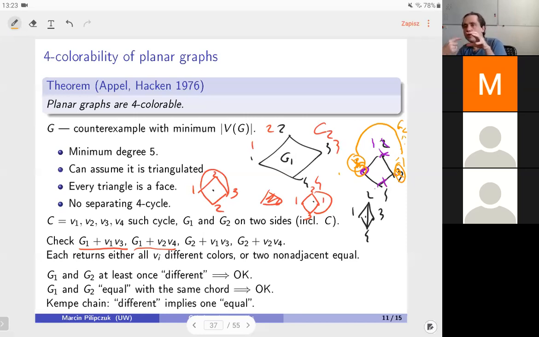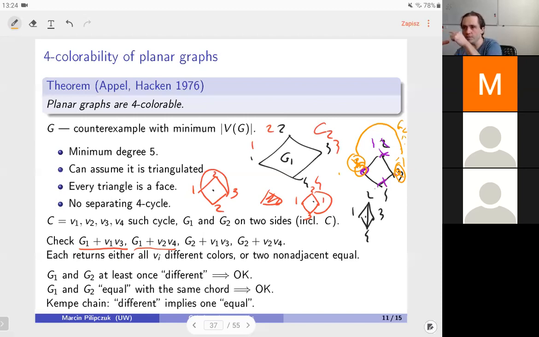So with this extra cord, the actual coloring from the induction can be of one of the two types: it can either use all 4 colors on the cycle, or repeat the color perpendicular to the cord. Now we looked at which ones match to each other, and we observed that the only problematic case is when on one side you always get repetition and on the other side you get never repetition. In both cases you get never repetition, but then Kempe came to the rescue and said that